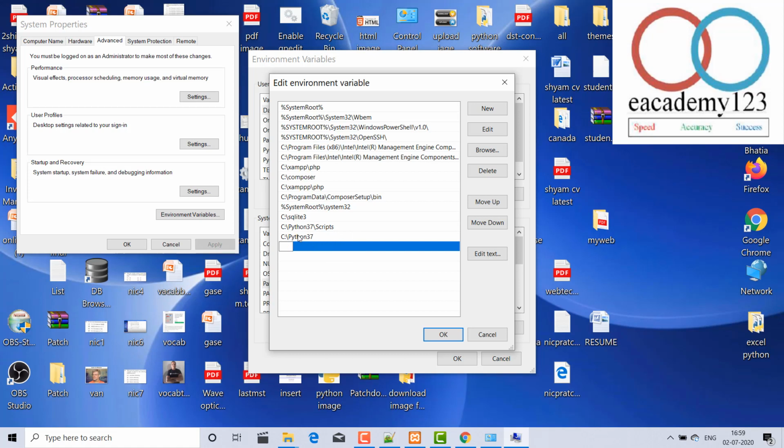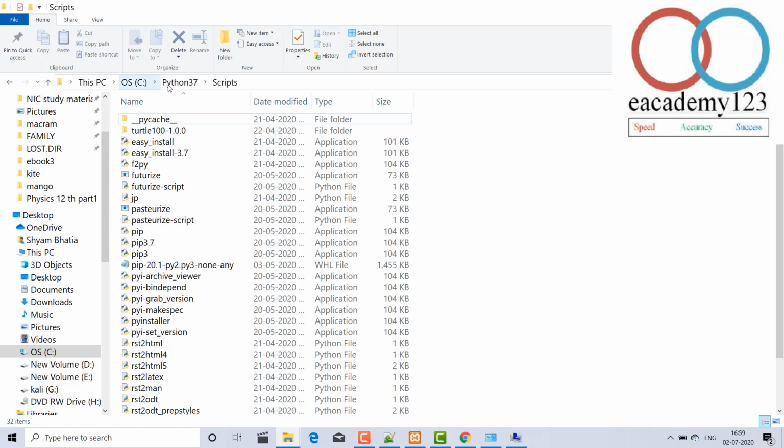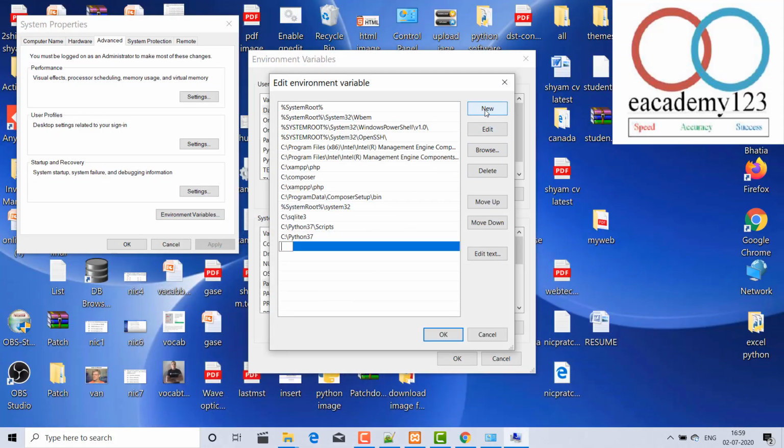And another path, Python37, you also have to take. This path Python37, because the Python application is here. So copy this path with Ctrl+C, and again paste it in that folder, make it new, okay. But I have already pasted it, so again I am removing it, but I am making it for you, okay.